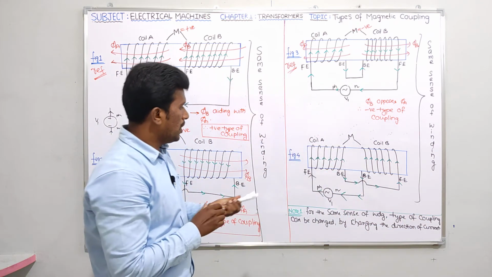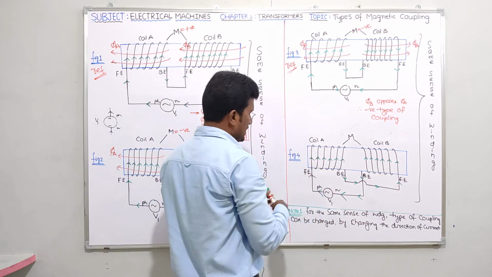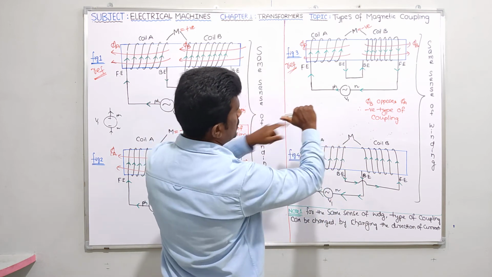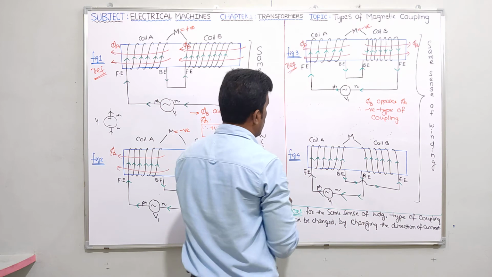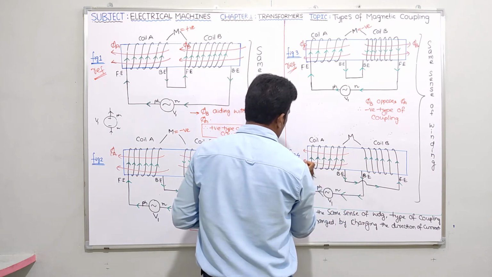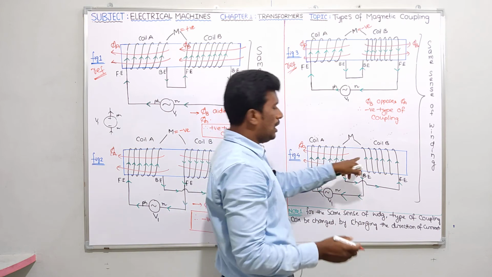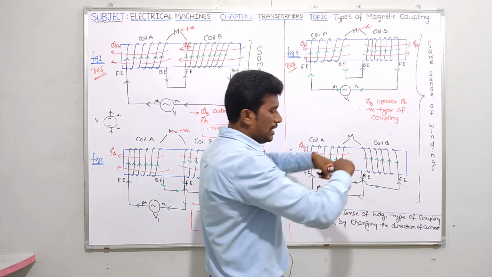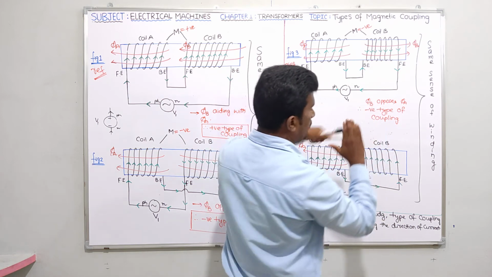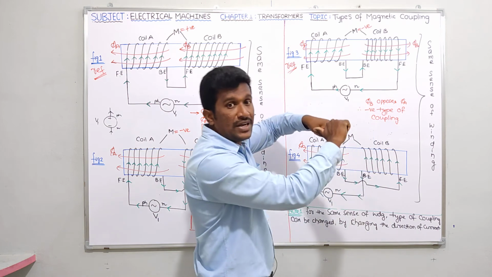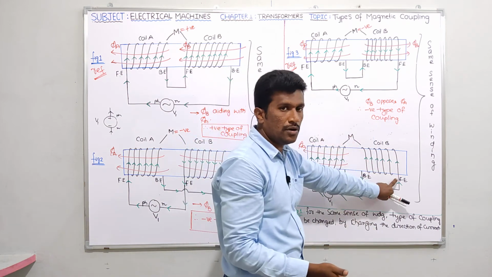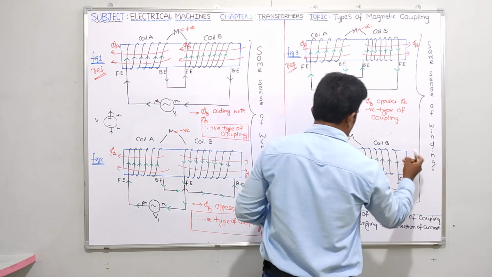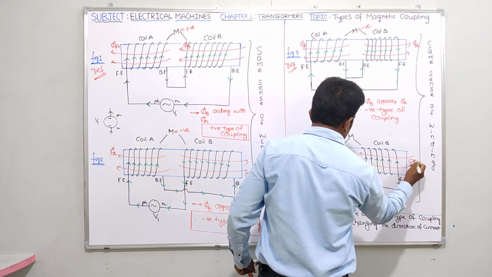Now tell me guys, what about the direction of flux in coil A? Since current is entering at front end like this, we should show the direction of flux from right side to left side. So let me show right to left. Pi A is this one. Now what about in coil B? Once again current is entering at front end, so in the right hand thumb rule, the wrapped fingers should be like this only. If current is entering at back end, it would be like this, but here it is entering at front end, like this only. Now what about flux pi B? From right side to left side. This is what I can say, pi B.